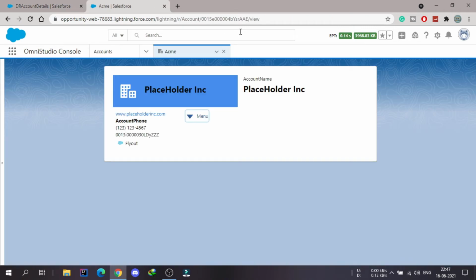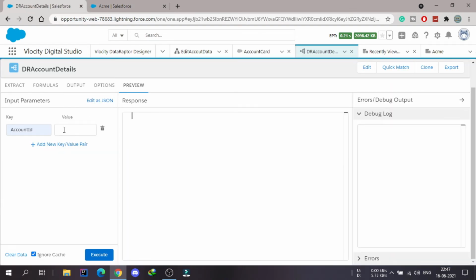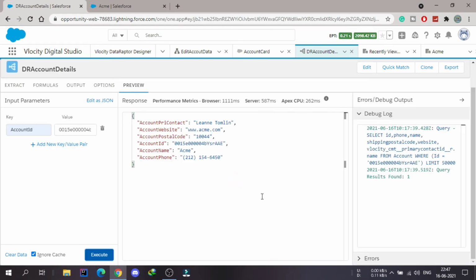So if I will go to this Acme and I can copy the ID of this and then I need to paste it here. If I will paste it here and then I will execute it, it will get the data of the account. So account was Acme, it was Acme account. Let me show you the details.